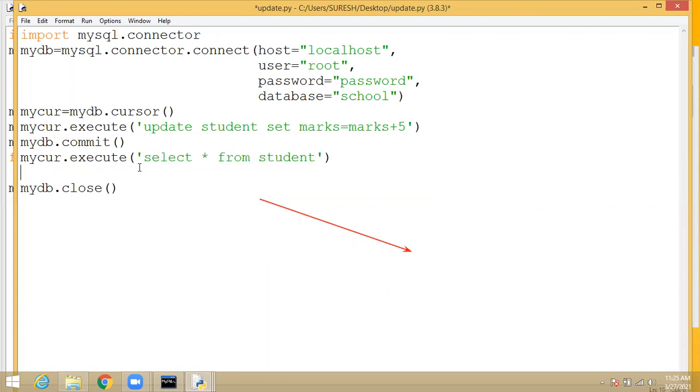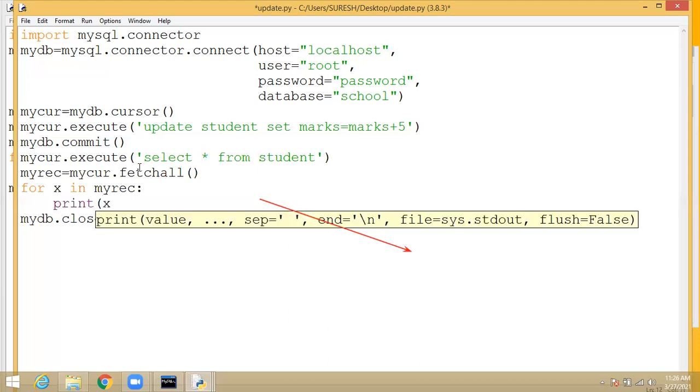For displaying we need the fetchall function, so use that command also: mycur dot fetchall, for x in myrecord. Now it will be like a list of records. For every loop, every record will be displayed. For the first loop, the first record; second time, the second record. Like this, it will display all the records.